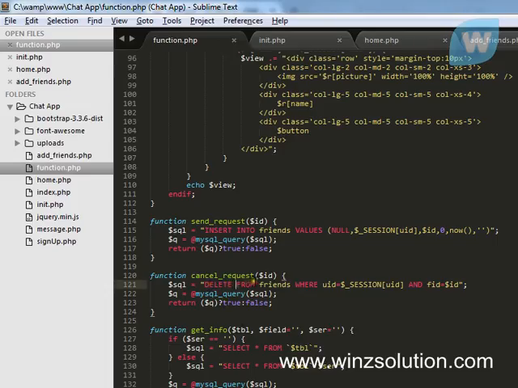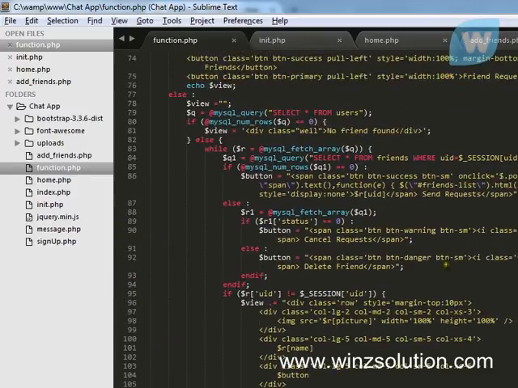Delete from friends where user ID is equal to this and FID is equal to this. Okay, now since these ones are correct, the next thing I need to do is